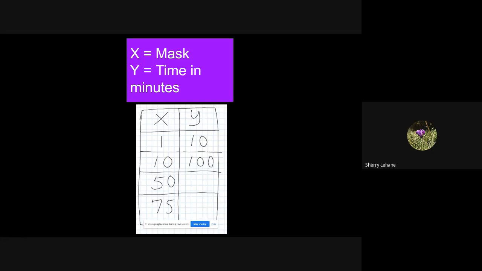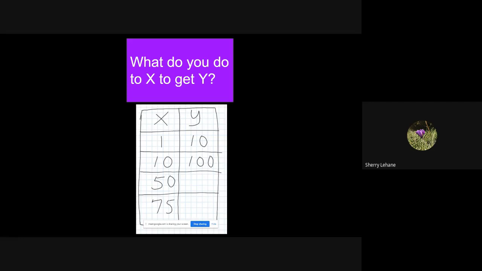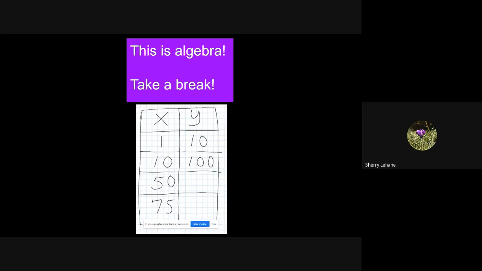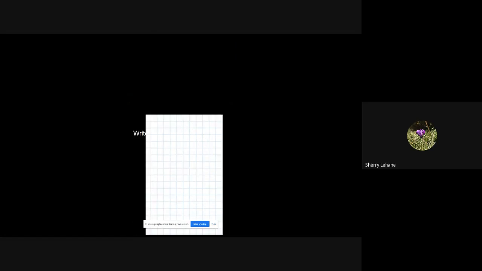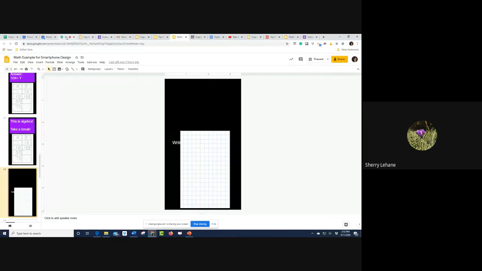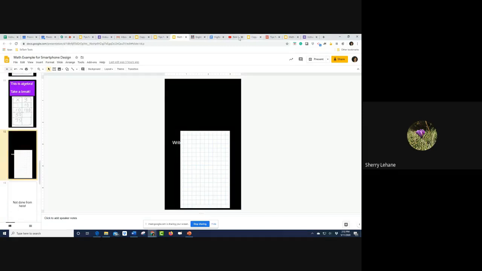Talk about X and Y as variables. What do you do to X to get Y? What is the rule in words? And then I just put the answer here. Multiply X times 10. Write the rule as an equation. 10X equals Y. This is algebra. Take a break. Okay, so